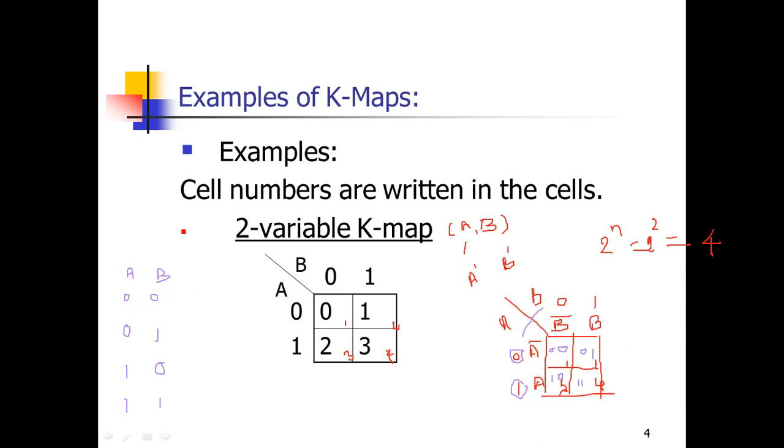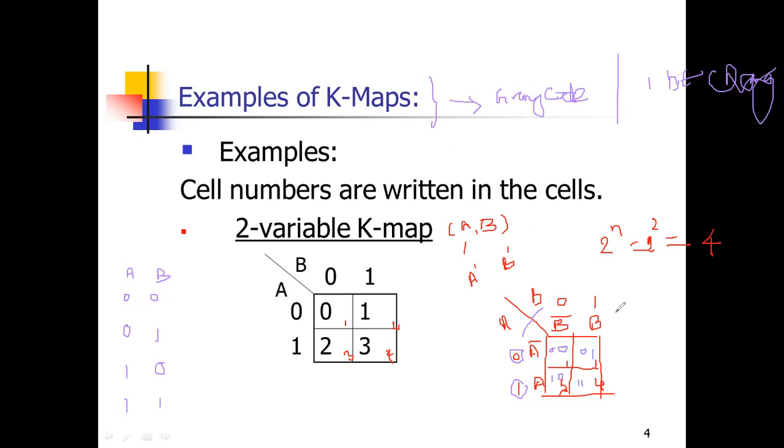It is a very important fundamental, then only you can understand. Then one more point you should keep in your mind: all Karnaugh maps are designed, or constructed, according to the Gray code, as already told to you in the Gray code coding technique. Gray code is called a one-bit changing code.